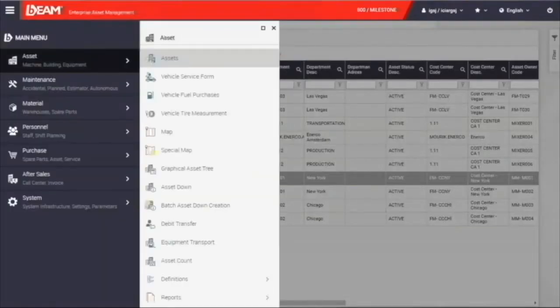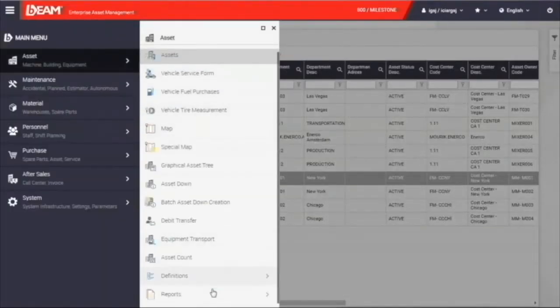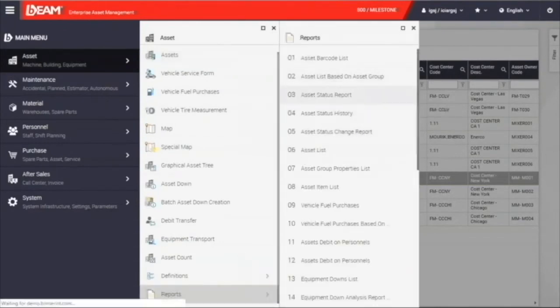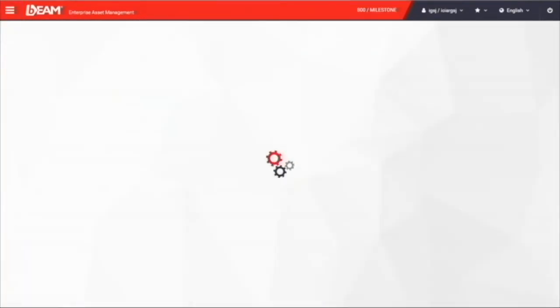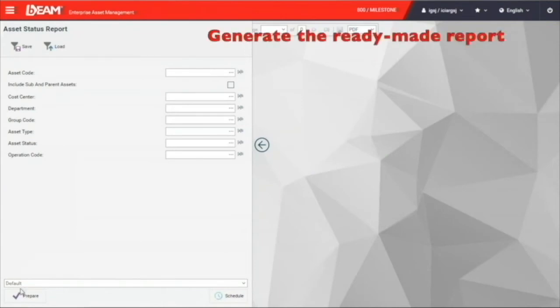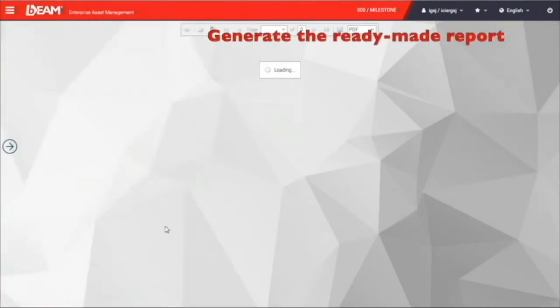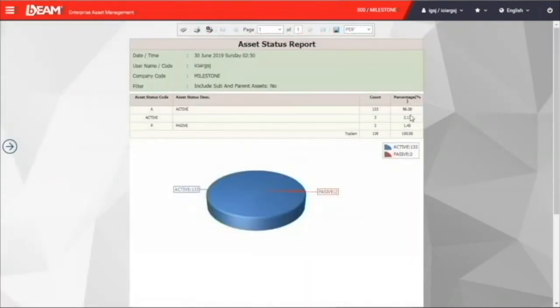in BIM. As BIM is providing over 10,000 ready-made reports, you can generate the report, for example, the asset status report, anytime you need it. After clicking the Prepare button, you will see a report with a pie chart and table showing you what status your assets are in